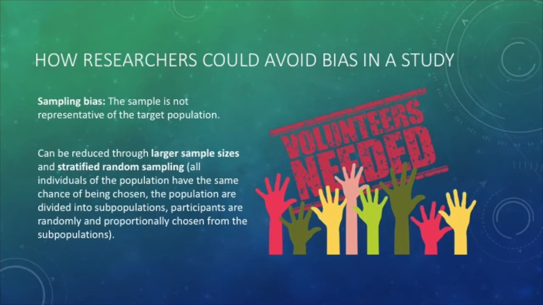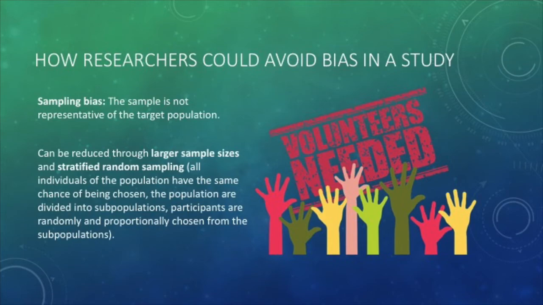This can be achieved by accessing records of the population and then choosing and contacting individuals randomly so that every individual in the population has the same chance of being chosen. The population can also be partitioned into subpopulations. The researcher will sample participants proportionally and randomly from each subpopulation. This method, which is called stratified sampling,